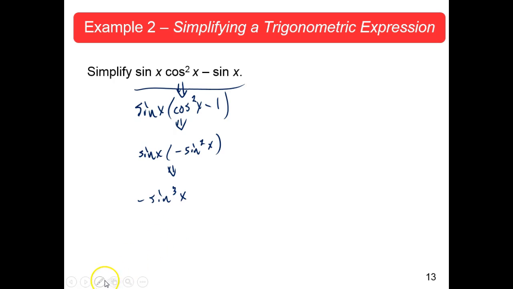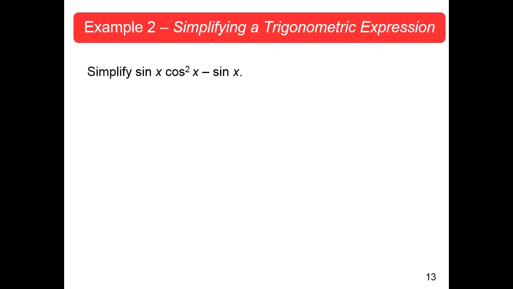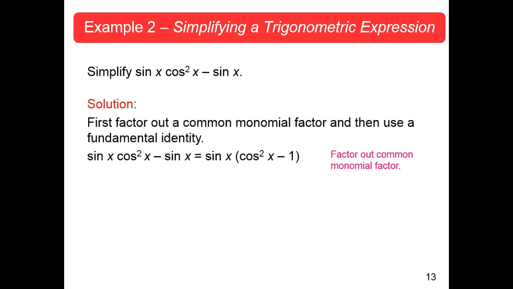Want to watch them do it? Of course you do. Everybody got it? Okay. Then what do they do? First, factor out the common monomial factor, which is sine x, which is exactly what you did. Now, at this point, that looks familiar. Not quite a Pythagorean identity, but really close. You think of that because there's a square there, but 1 minus cosine squared is sine squared. So if that's the case, then cosine squared minus 1 must be,